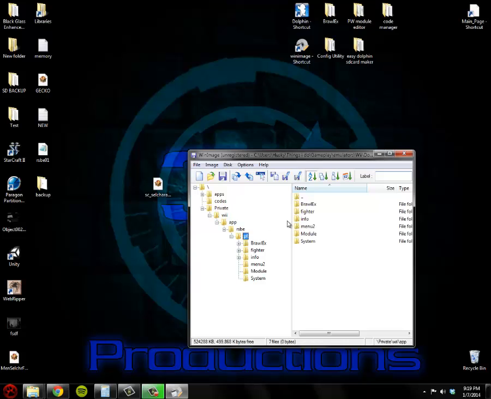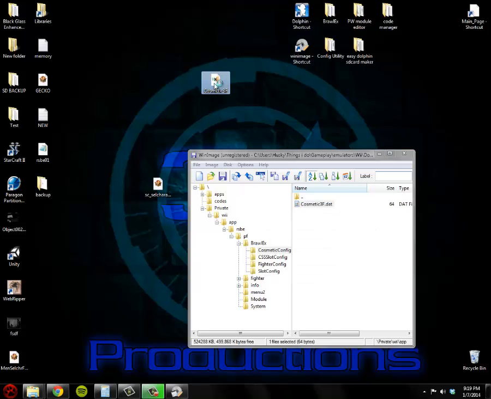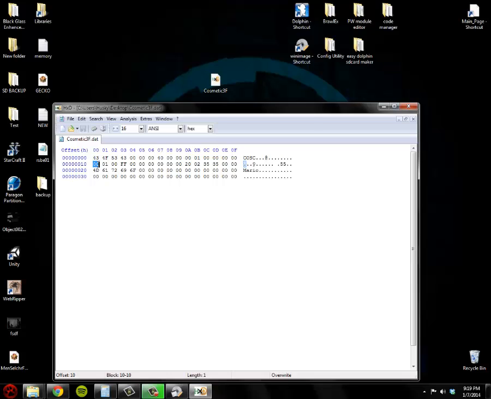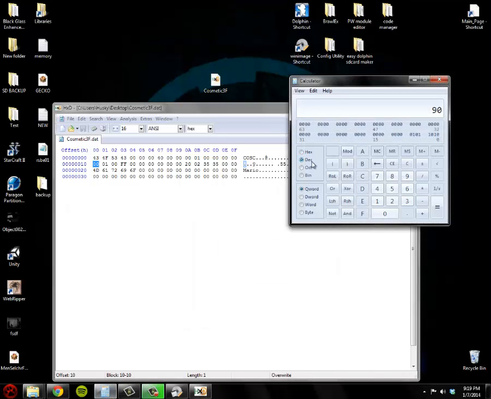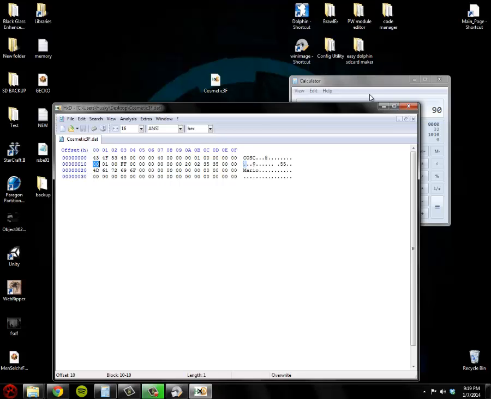Now, I said before that I was going to assume that you had a clone already set up. Well, since you do have a clone set up, go into your BrawlX folder and get the cosmetic config for whatever character it is. Open it, and this entry right here at 0x10, so it's just offset 0x10, change it to the cosmetic ID. Since 110 is in decimal, we're going to have to convert it to hex. Now 00 is Mario's, since I'm doing this of a clone of Mario. Yours is going to be different, don't worry about that.